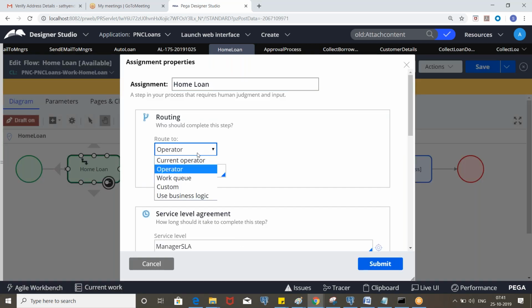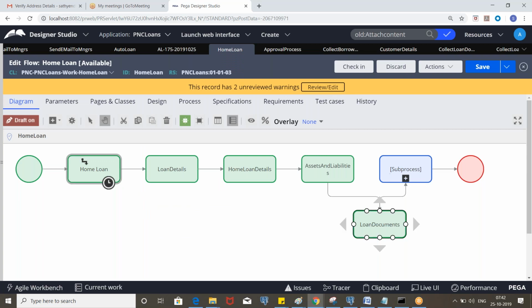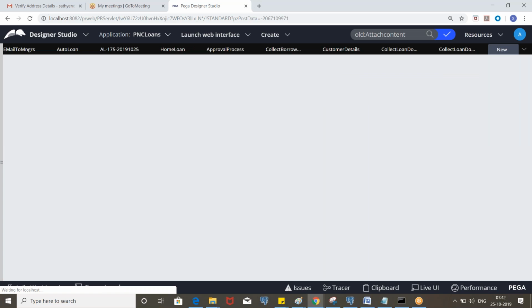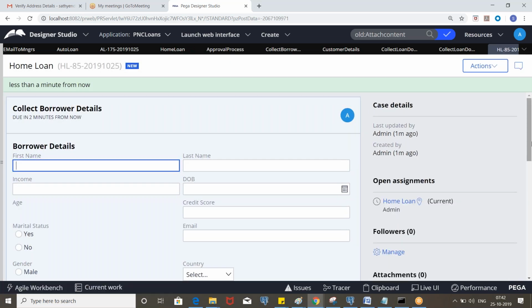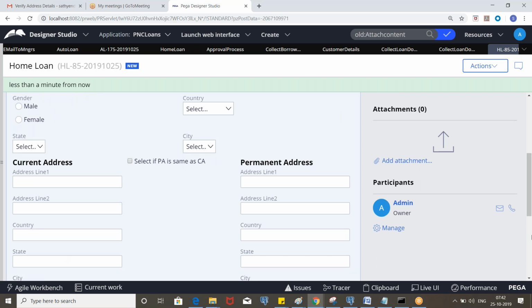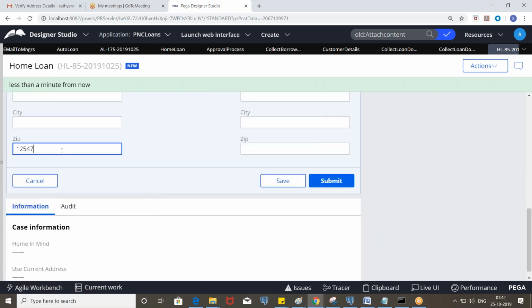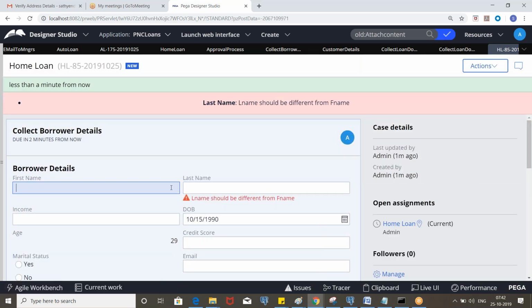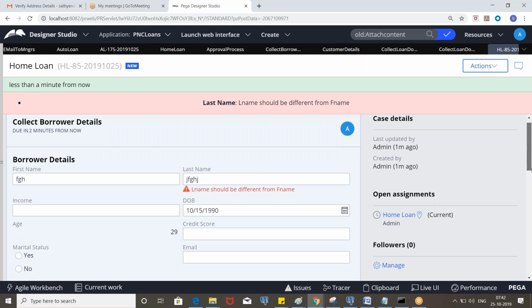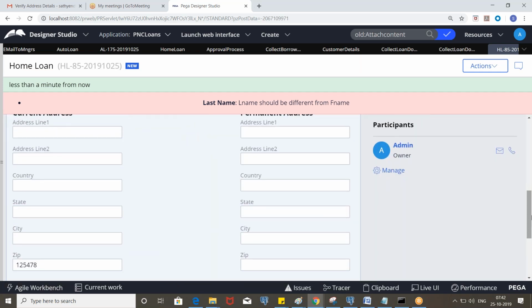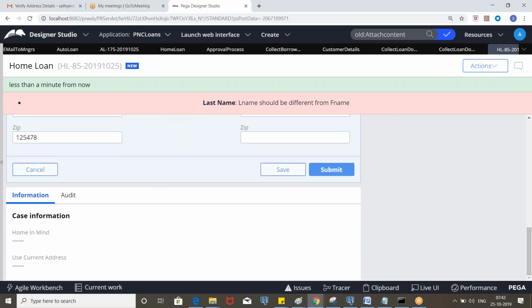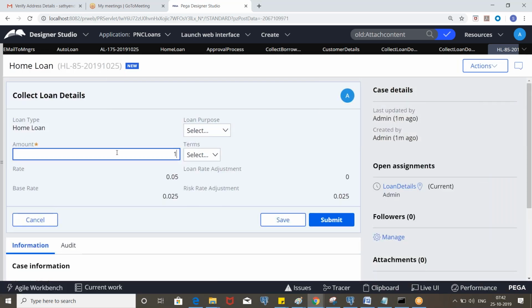Okay, so here let's route it to the current operator. So let's submit the screens.